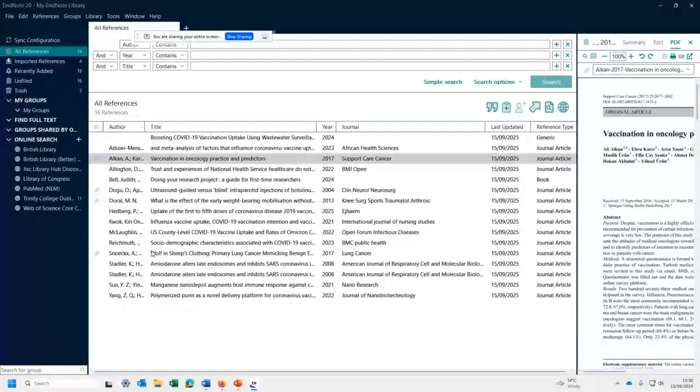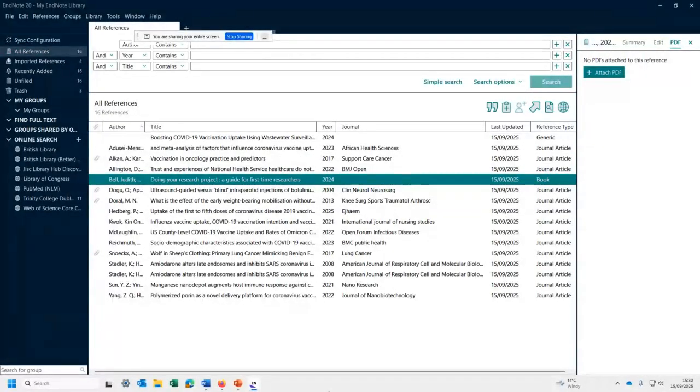So this is the library in its entirety. We've got the results from the Web of Science, from Embase, from Google Scholar, and we have the PDF handed in as well. And we also have the book reference from Judith Bell. Okay, so all those are there and it can all be worked with now. Okay, so just a couple of things about EndNote itself.